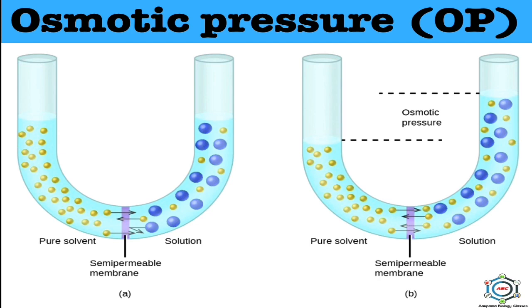Now in this picture you can see the figure to demonstrate osmotic pressure. In case A, pure water is separated from the solution by a semi-permeable membrane in a U-tube. Water moves from A to B. And in the second case, you can see weight is applied on the solution to stop the movement of water. The weight and the weight of the pan is equal to the osmotic pressure. Now, osmotic pressure is usually measured in pascals.